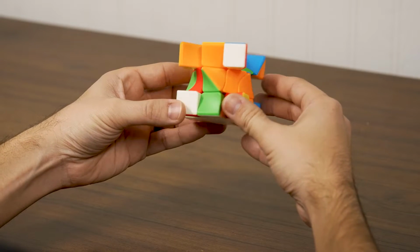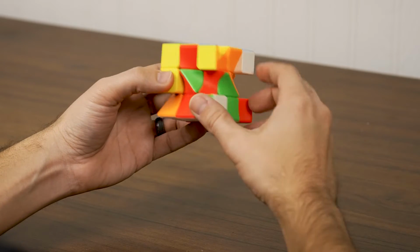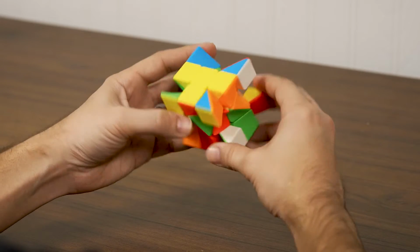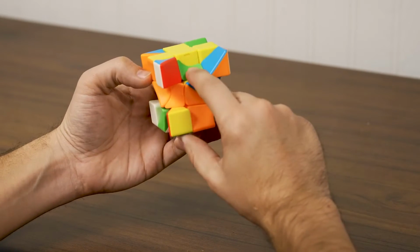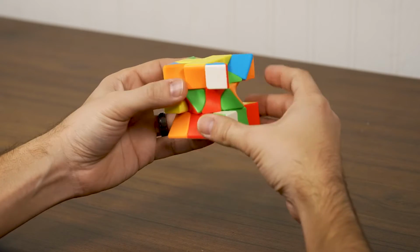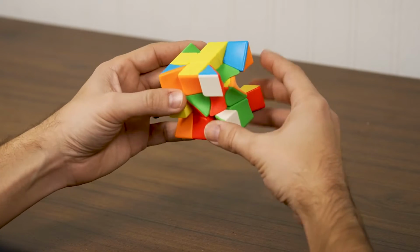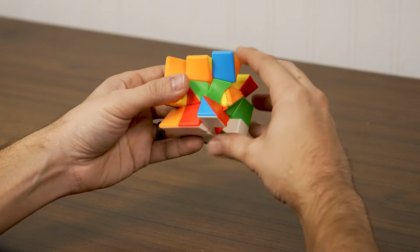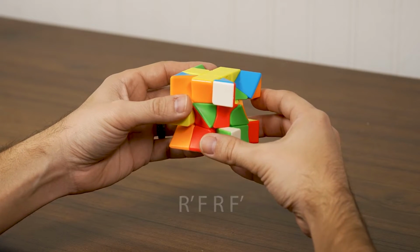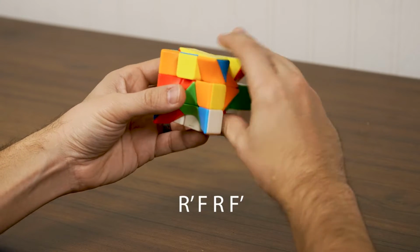All right. Next, we have a red one in the green spot, but let's just go ahead and skip this one for now, because we have the green one already up here. So we don't need to do an extra move by taking this one out. Let's just put the green one in, and it'll automatically take the red one out. So we put the green in the right spot. So when we rotate down, it's right there. So let's just do that same move again. It's right prime, front, right,